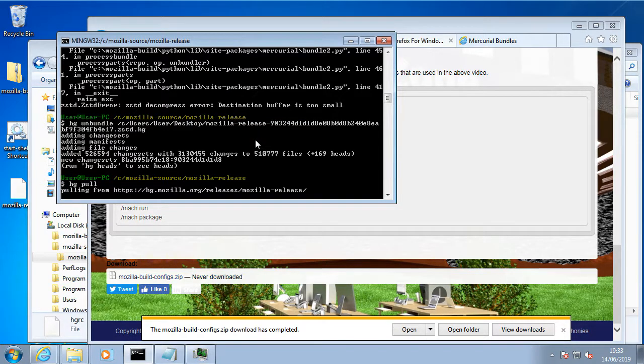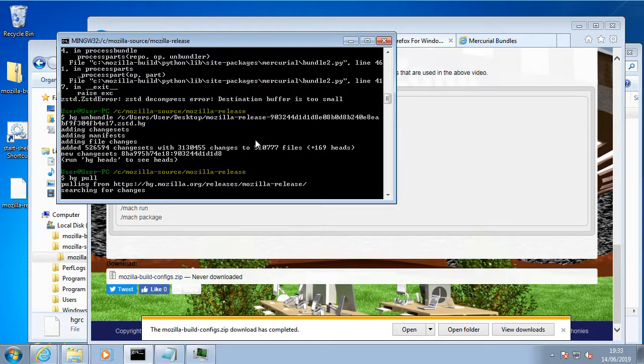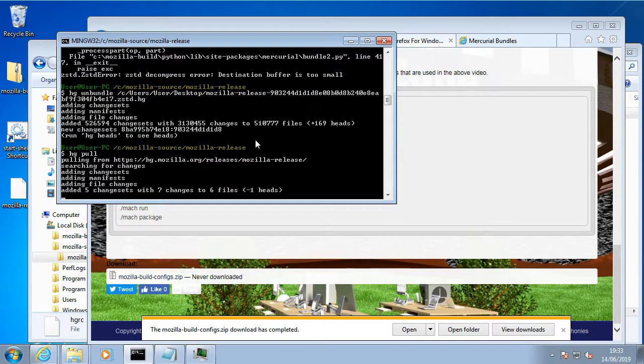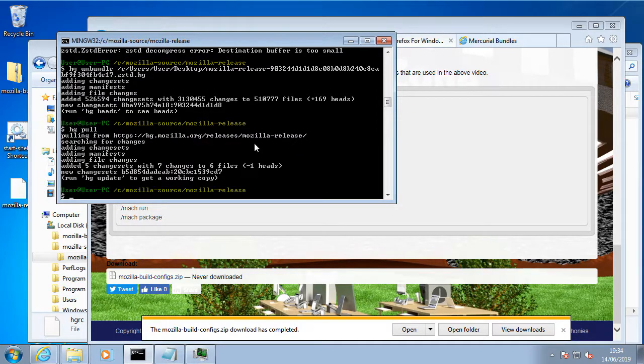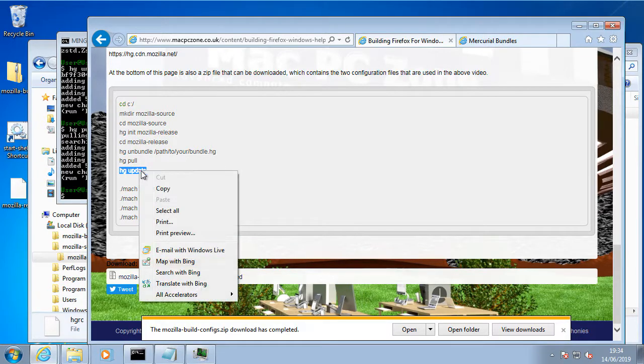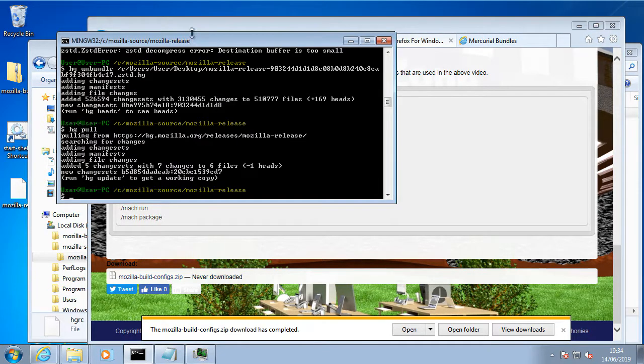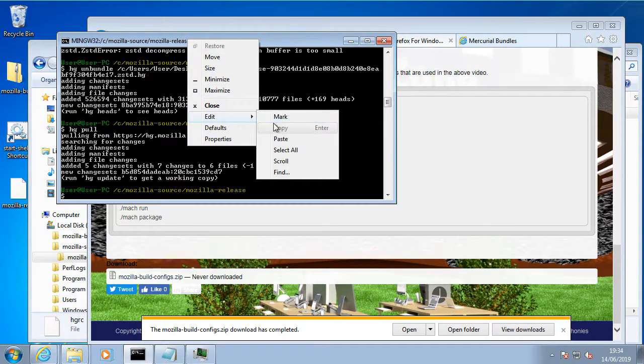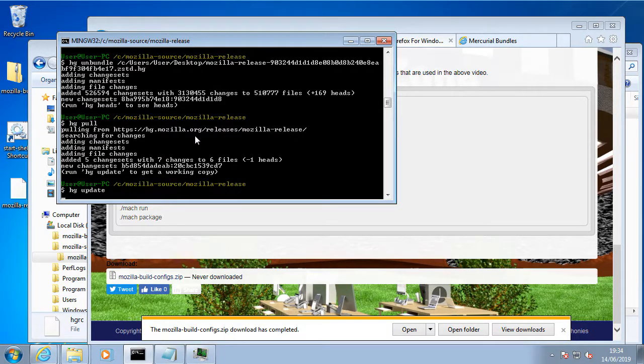Yeah, so it seems if you're going to run this, you're better off running it from a VNC session, because for some reason the copy and paste works over VNC, which is strange. And so now it's saying that you just need to do the HG update. Okay, so now this HG update, this is where it takes the files which are in the